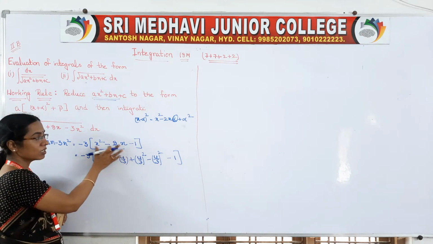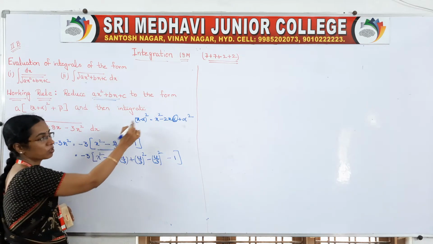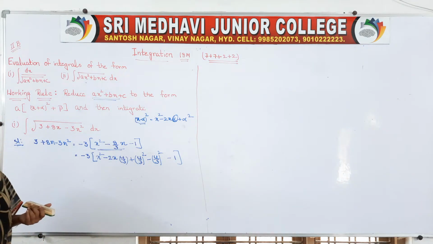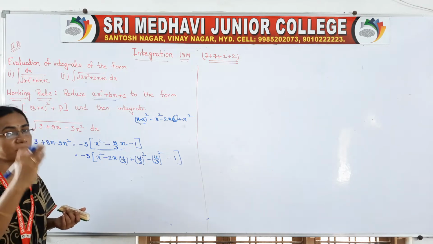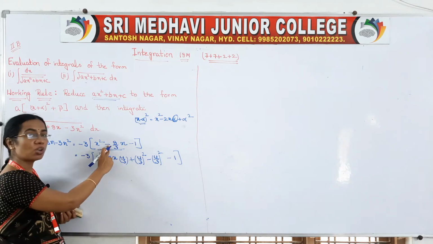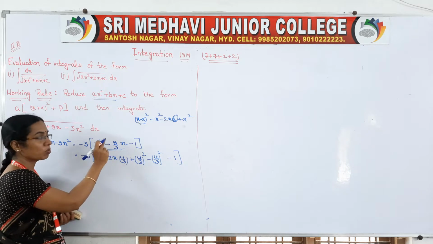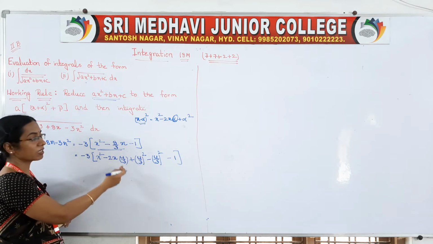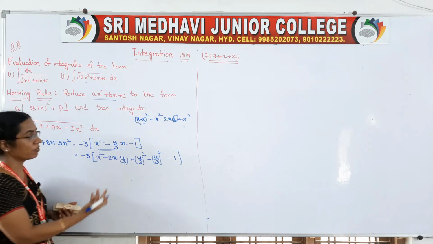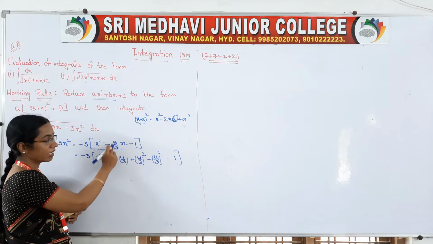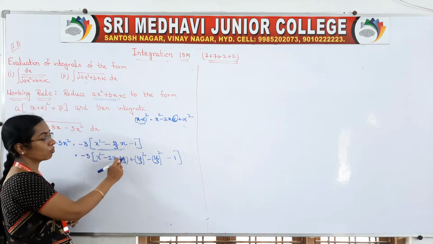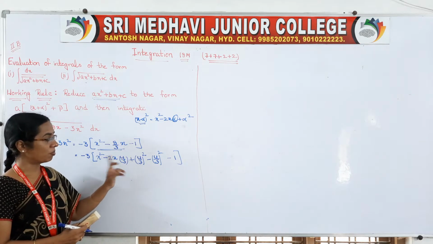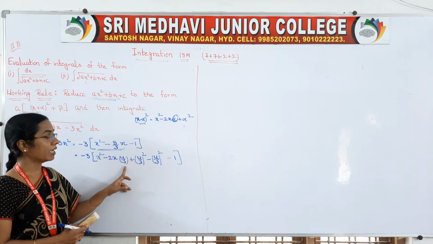So once again, with these first two values we should get this one. So how should we get it? First x square minus 2x into something plus something square. Why minus? In between these two minus is there, that's why minus. Suppose plus is there, we will take plus there. So write down x square, write down minus 2x. Now we have to find our alpha. How will we find it? By seeing this. 2 is taken, but it should be 8 by 3. So you take 4 by 3. 2 4s are 8 by 3. 4 by 3 we have taken, so after multiplication it will be 8 by 3.